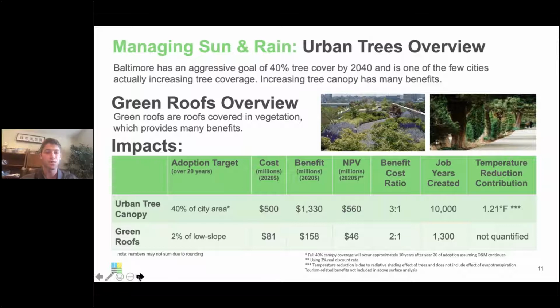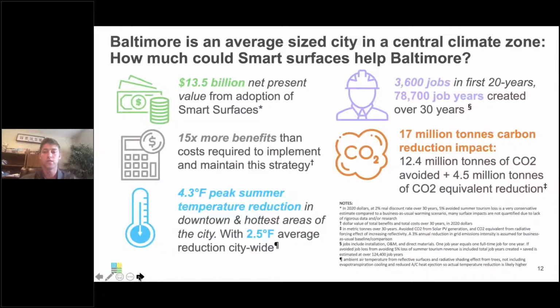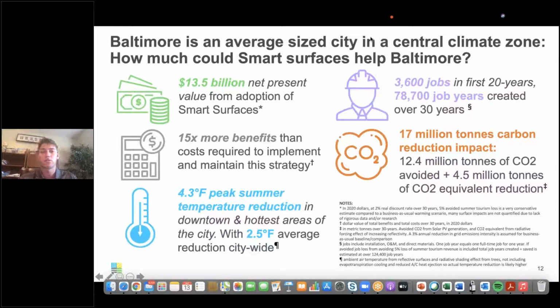So, as a result of quantifying these different surfaces and tailoring it towards Baltimore's needs and Baltimore's objectives, we found that over 20 years, the net present value is roughly $13.5 billion, with roughly a 4-degree peak temperature reduction. Thousands of jobs created, a significant reduction in Baltimore's carbon footprint, and the benefits far outweigh the costs. So you see in this number here, it's roughly a 15 to 1 benefit cost ratio when we factor in